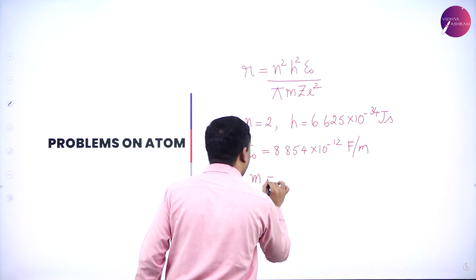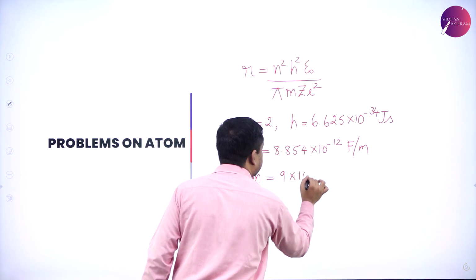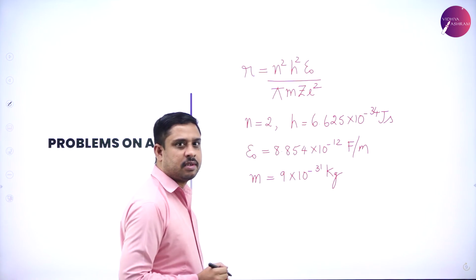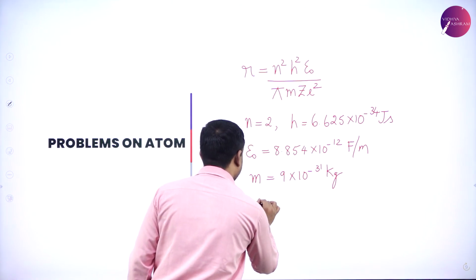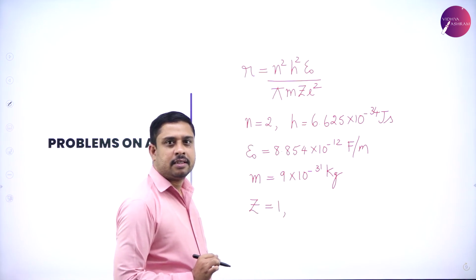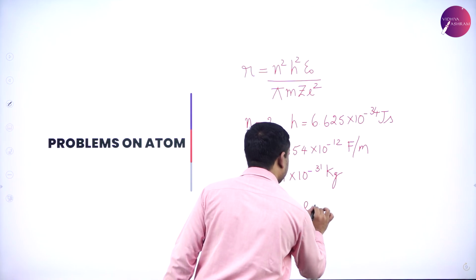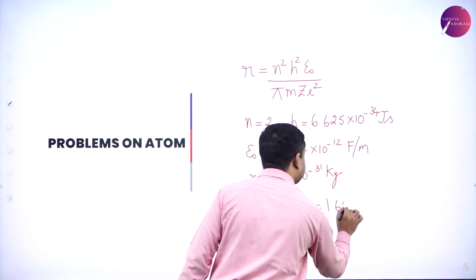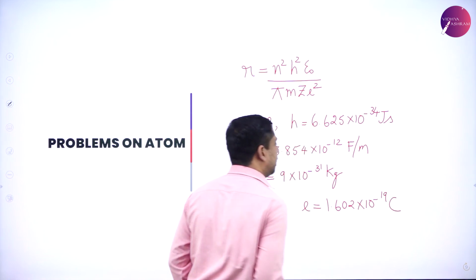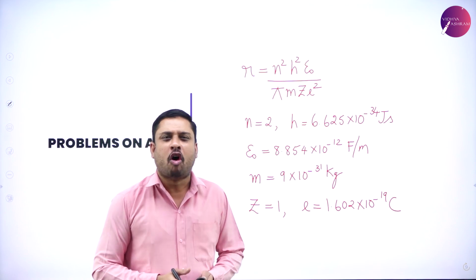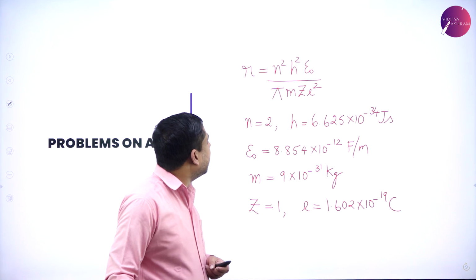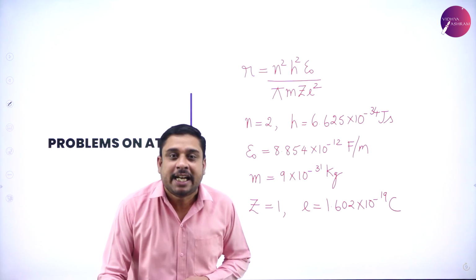Mass of the electron is into 10 power minus 31 kgs. Z for hydrogen is 1. Charge of the electron is 1.602 into 10 power minus 19 coulomb. So using all this data, simplify and you will find the radius of the second orbit